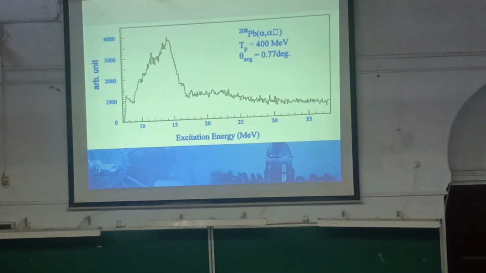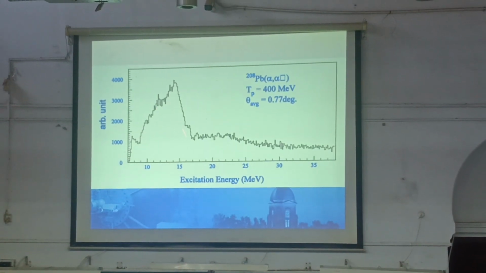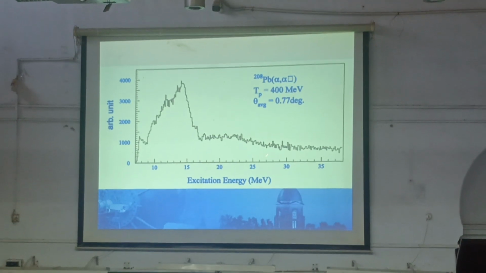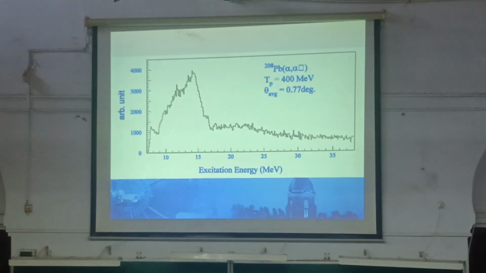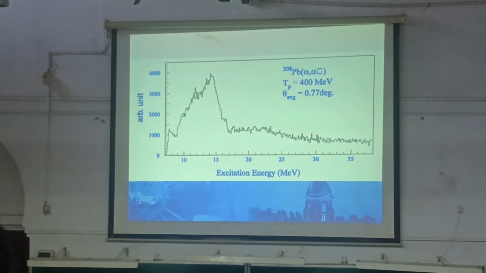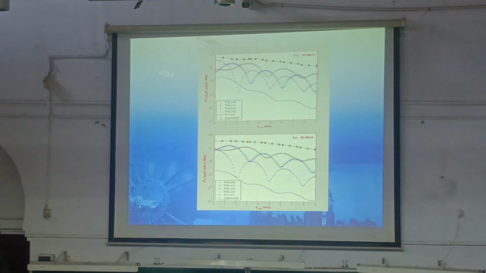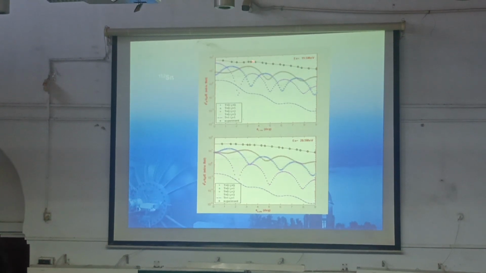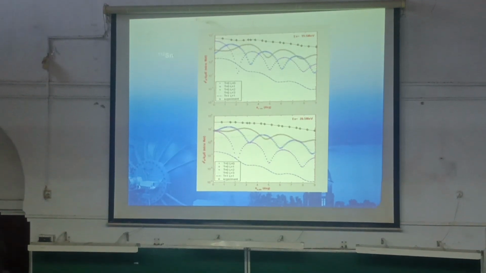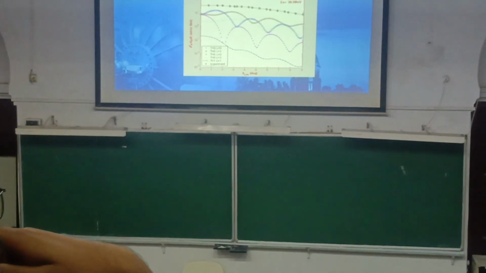So we do this, and basically you come up with this kind of spectrum. Now you see this? Looks like a big resonance. There's another resonance here. And there are several resonances mixed. I need to separate them. I separate them by, did I tell you, I need to know the angular distribution. So I measure angular distributions of a particular resonance. Now this is what my angular distribution looks like for 20 MeV. This doesn't tell me anything. But what I can think of is this as a combination of various angular distributions.